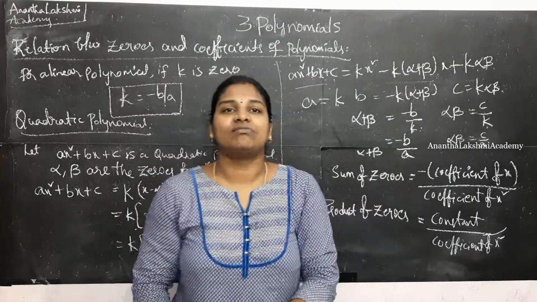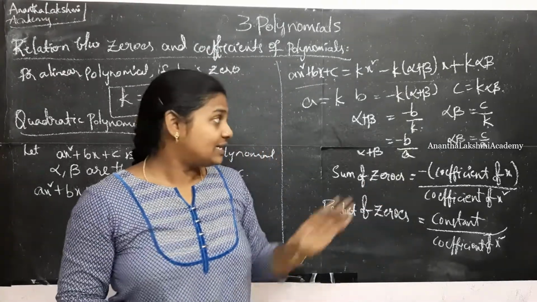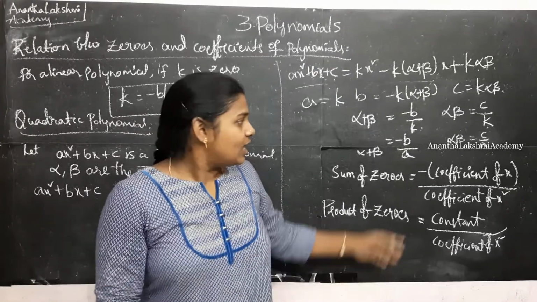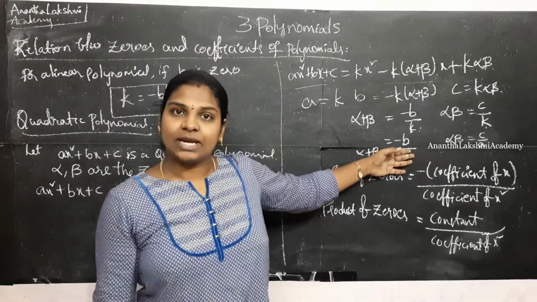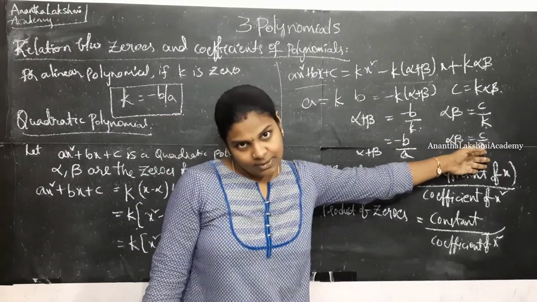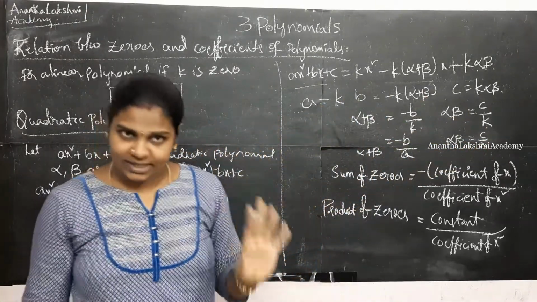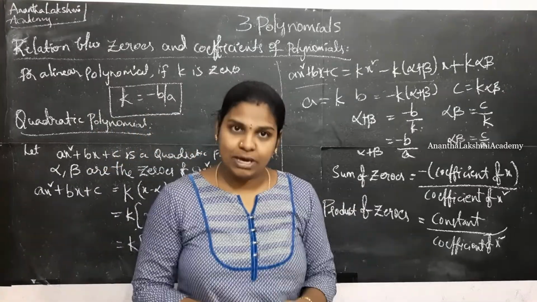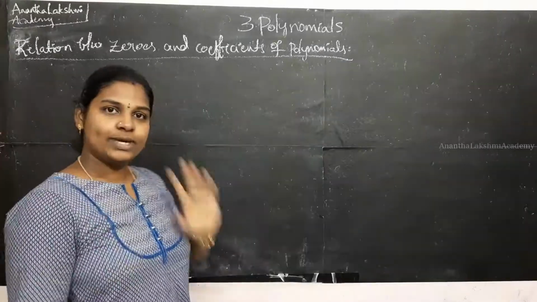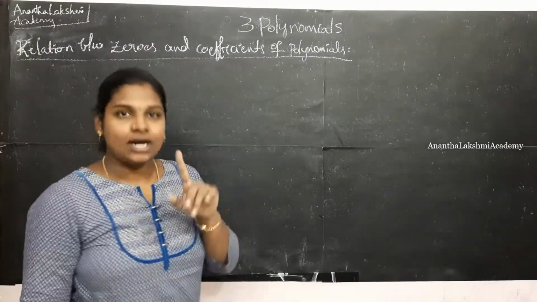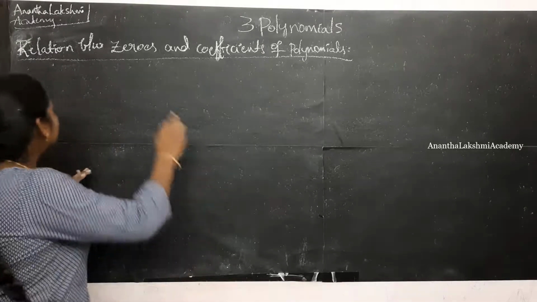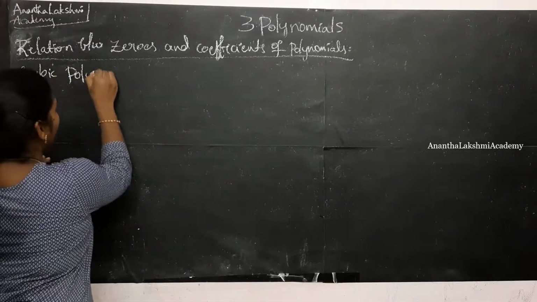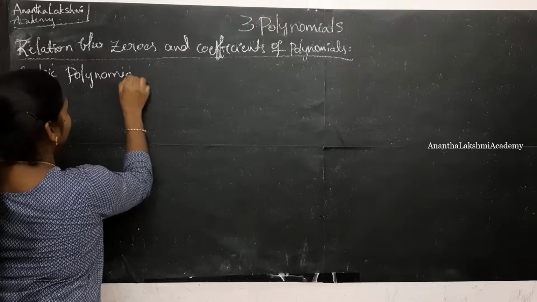If you directly jump into the exercise, you will not understand this concept. This is the concept which needs to be understood even before writing the formula alpha plus beta is equal to minus b by a and alpha beta is equal to c by a. Now that we have seen this for a quadratic polynomial, let's try figuring out this for a cubic polynomial. We are going to repeat the same process for a cubic polynomial. Right? What is a cubic polynomial? A cubic polynomial is nothing but a polynomial of degree 3.